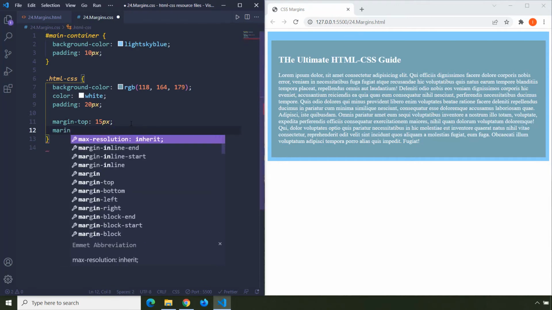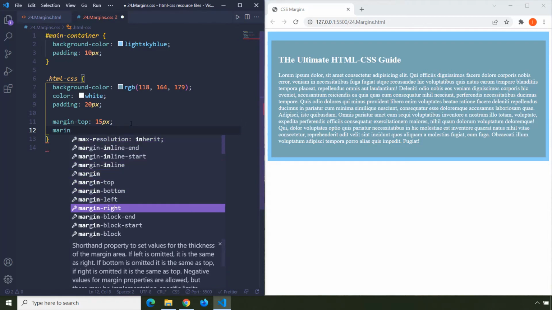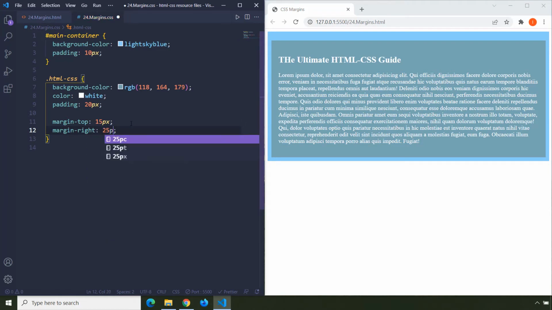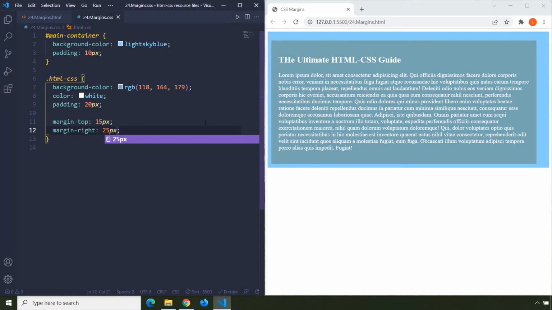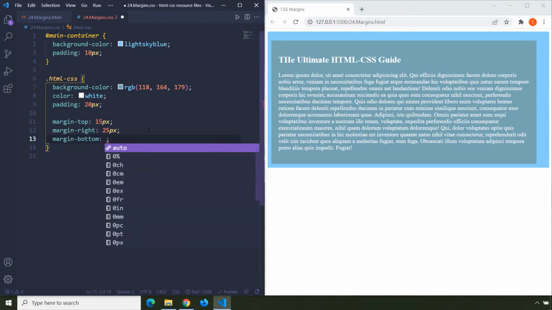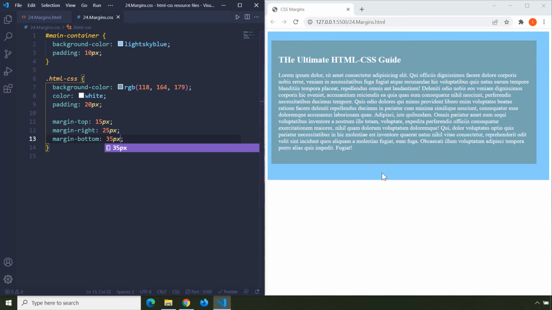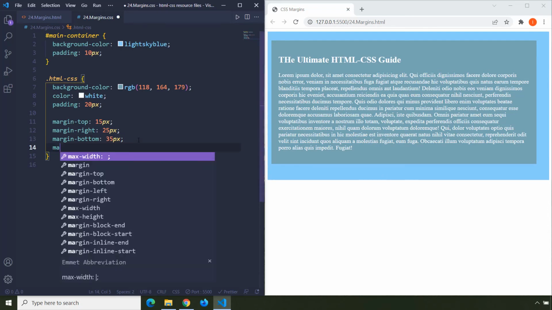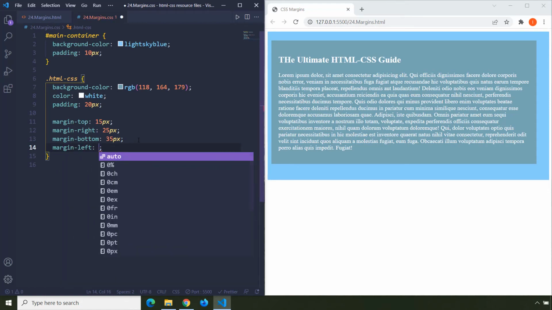We could also provide margin right. I'm going to provide it 25 pixels, a little bit larger so you can see the difference. Now, this section is away by 25 pixels from the right from its container. Then we have margin bottom. I'm going to provide it 35 pixels. And now you can see that this is 35 pixels. And then margin left. The same kind of values, the same ideology when it comes to margin and padding, except